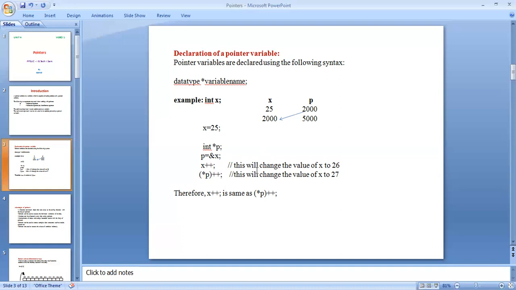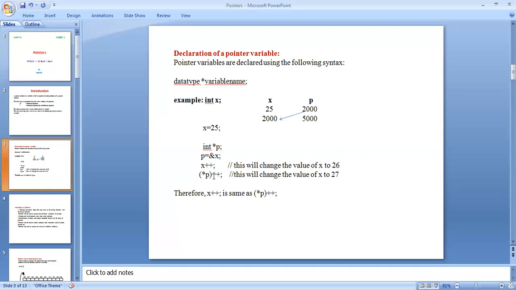That is 26 + 1, which gives 27. Therefore, x++ is the same as (*p)++. Both increment the value.